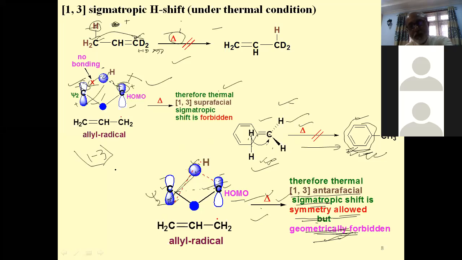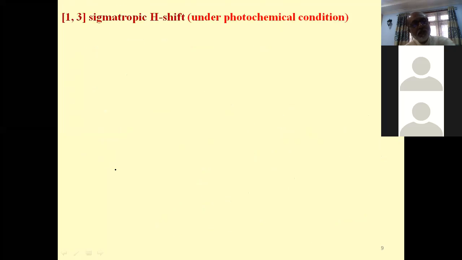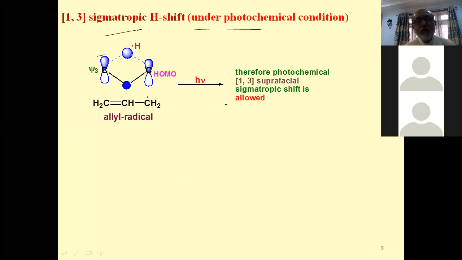If thermally not allowed, then photochemically let us check. Then the 1,3 sigmatropic shift under photochemical condition. Let us see what happens. In photochemical condition, for the allyl, what is the HOMO? Now the HOMO becomes Chi3. Yes or no? In Chi3, these two are of the same phase, symmetric, and the hydrogen radical having the same,